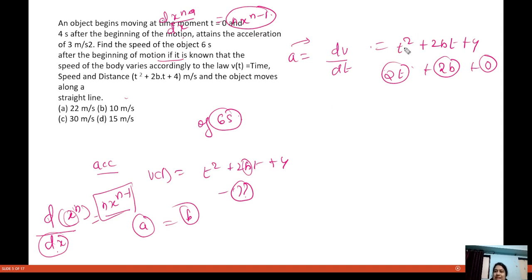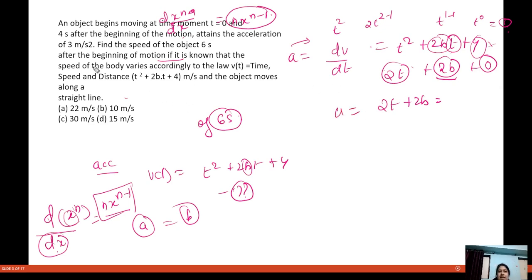See here, t square becomes 2t, t to the power 2 minus 1, so 2t, and here we have t only. So t to the power 1 minus 1 becomes t to the power 0, so 1 here. So t is gone here, and this is constant 2b. So that will be here because our differentiation came equal to 1, and this 4, whenever you try to differentiate any constant, it will be equal to 0. Okay, so then you have 2t plus 2b is equals to